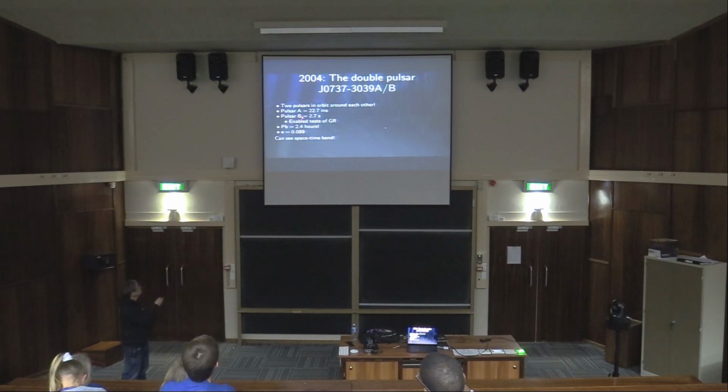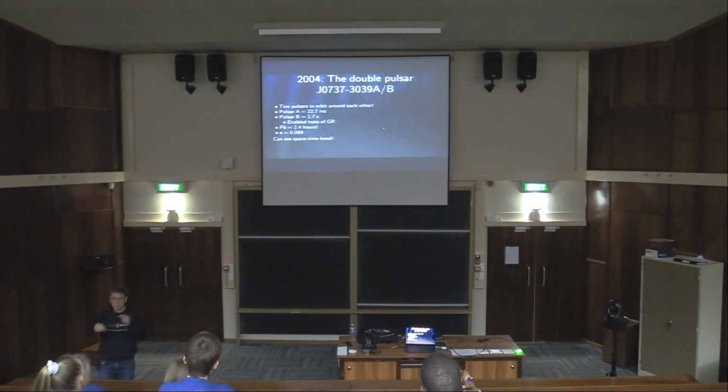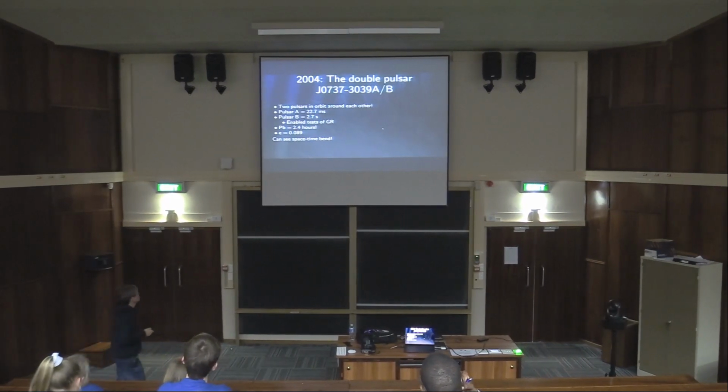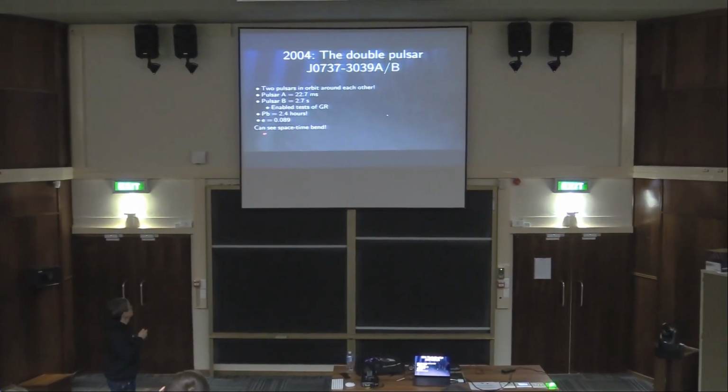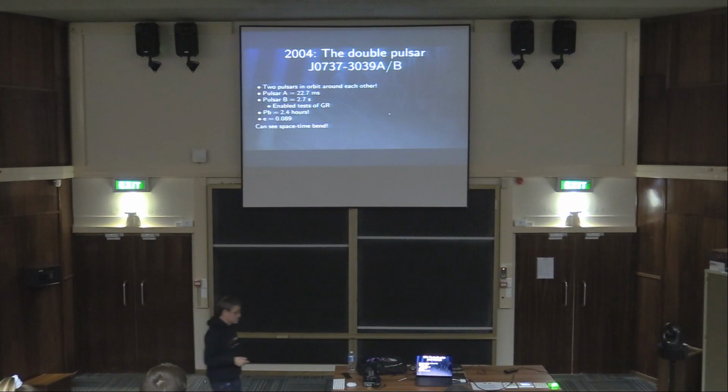This pulsar here is old and dying. This one here got accreted matter and is spinning very quickly. They go around each other 10 times a day. So the two neutron stars go around each other 10 times a day. And it's the best way to test relativity in the whole universe with a radio telescope. And so you can see not only space-time then,